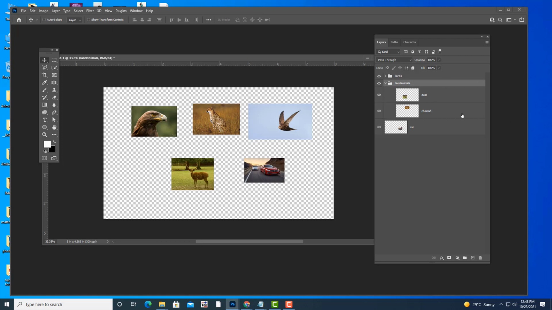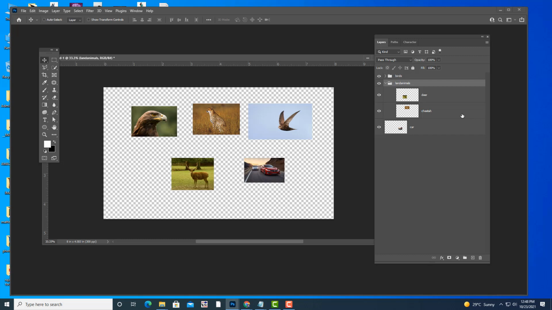For example, if you want to create a group of carnivorous animals, herbivorous animals. What is a carnivore animal? Carnivorous animals are those animals which eat flesh, meat. Herbivores are animals which eat grass or vegetables, vegetarian animals.